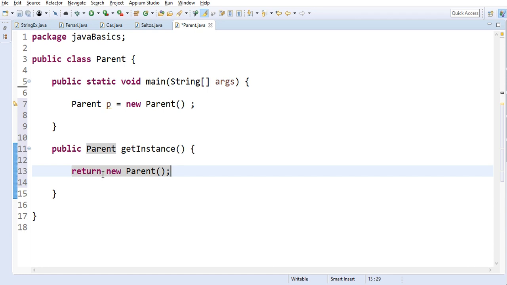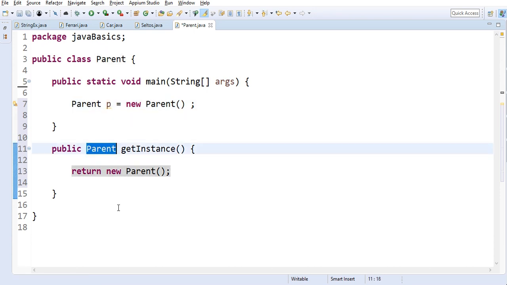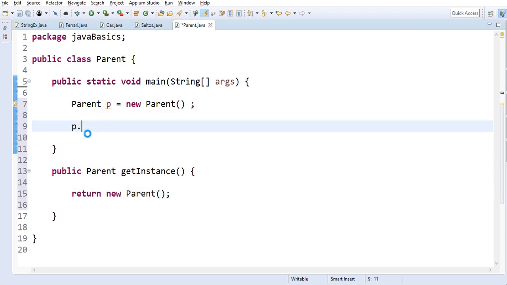If I say return new Parent, this is returning an object of parent type, as a class is nothing but a type, it's also a data type. So it is returning an object or instance of the parent type, and that is why the return data type is Parent, right? So perfectly fine, and we can call this method this way, p, we can call this method